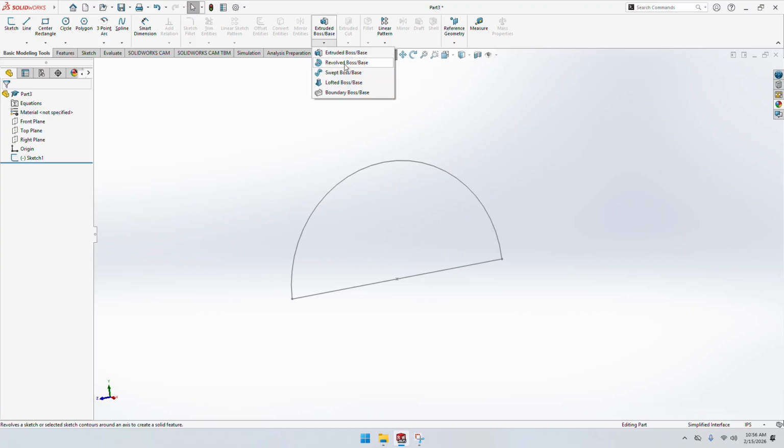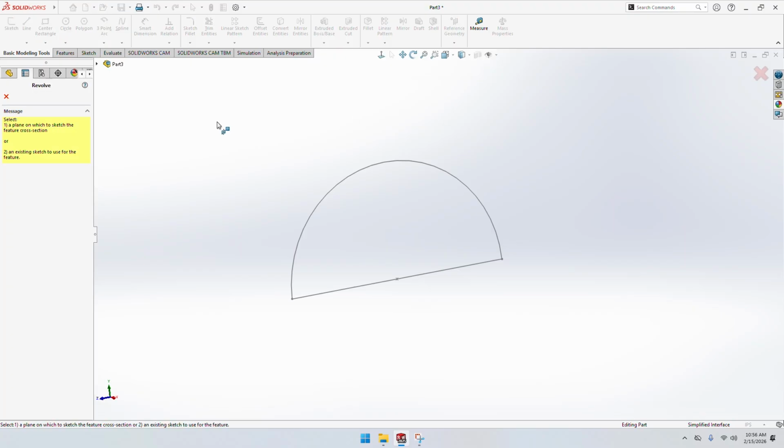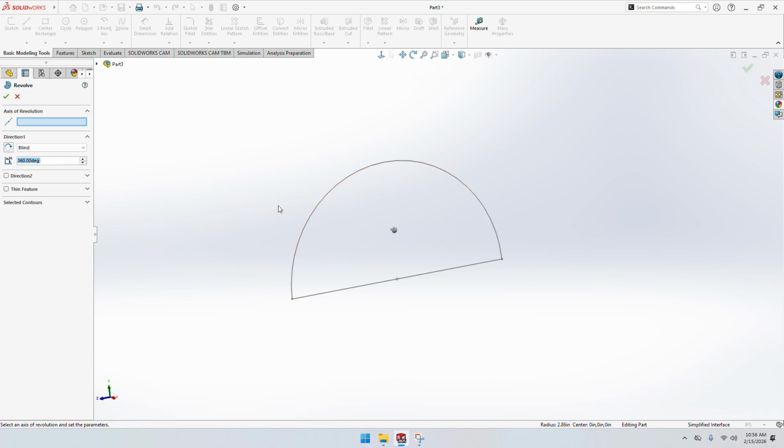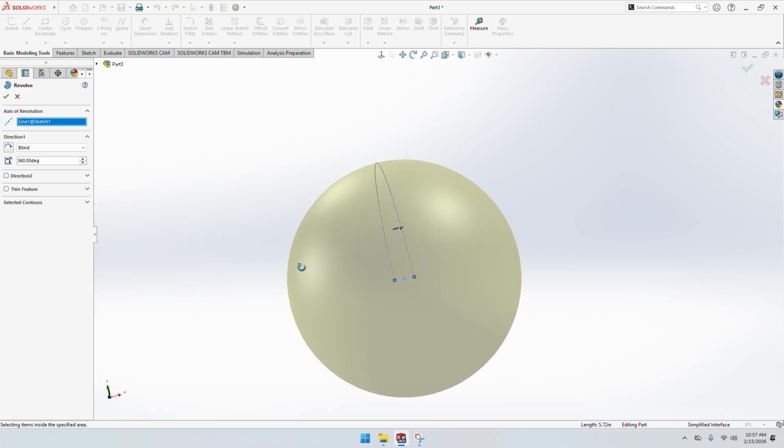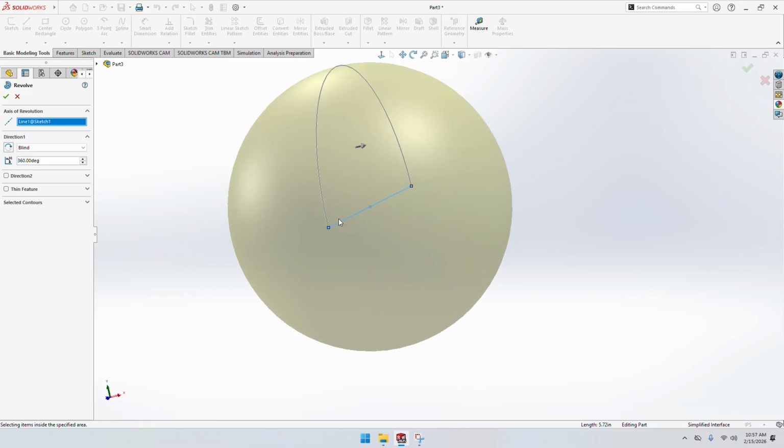So let's grab our Revolve Boss/Base, and then I'm just going to click on my semicircle profile. Then I need to choose an axis to revolve around. So I've selected this outer profile as what I'm going to actually revolve. But for my axis of rotation, I'm going to click on this center line. And you can see we've made a ball, right? So this just revolves this semicircle around this axis to create a perfect sphere through the Revolve tool, which